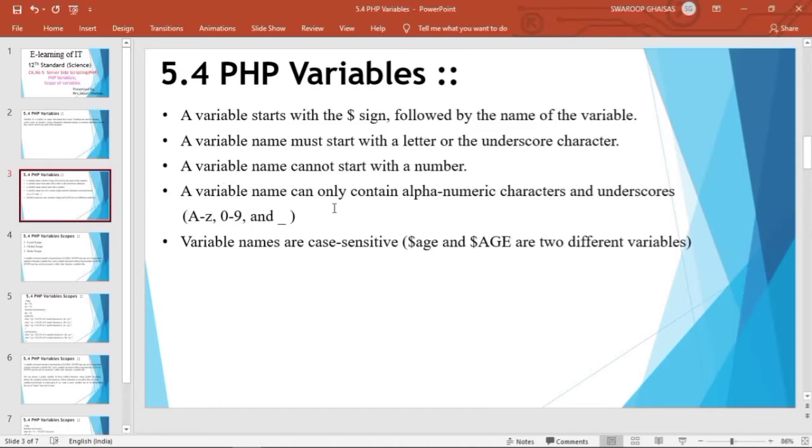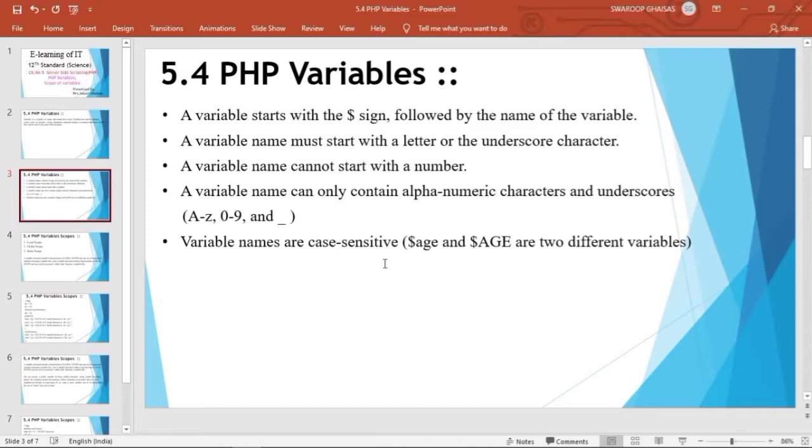A variable name can only contain alphanumeric characters and underscores, like A to Z, 0 to 9 and underscore. So it contains alphabets from A to Z, it can contain numbers from 0 to 9, and it can have the underscore character. No special symbols can be used while declaring a variable in PHP.